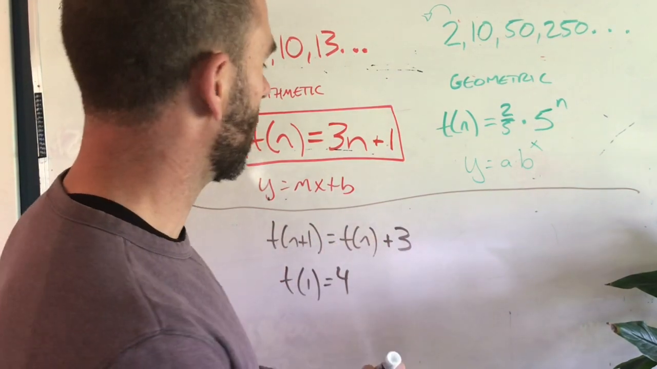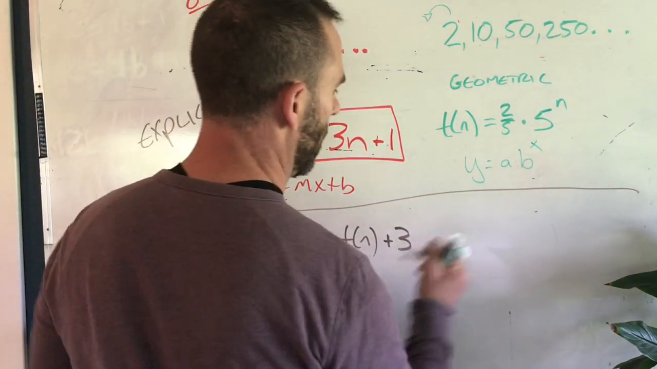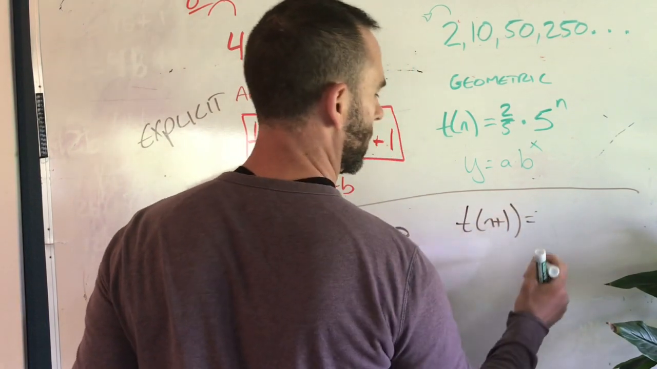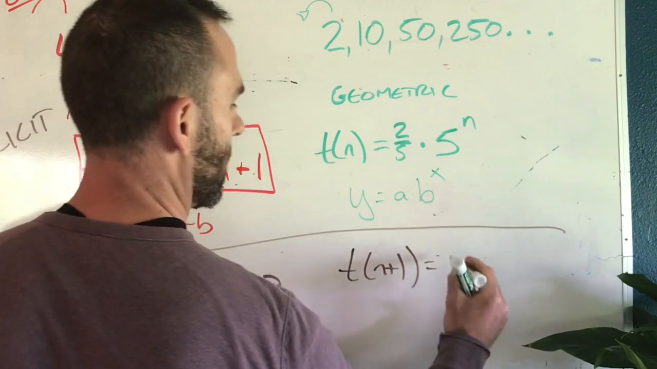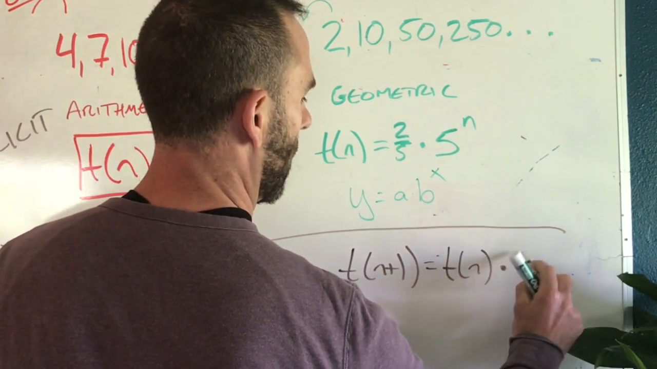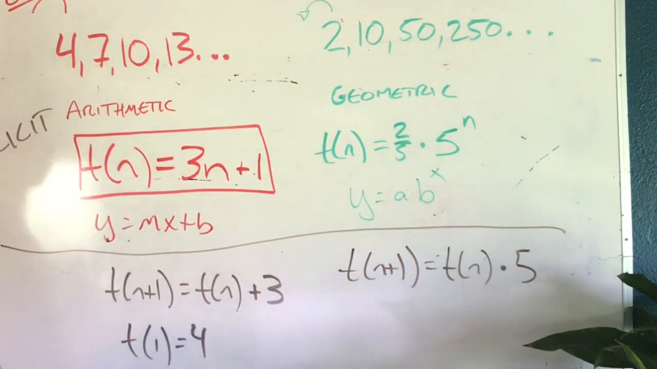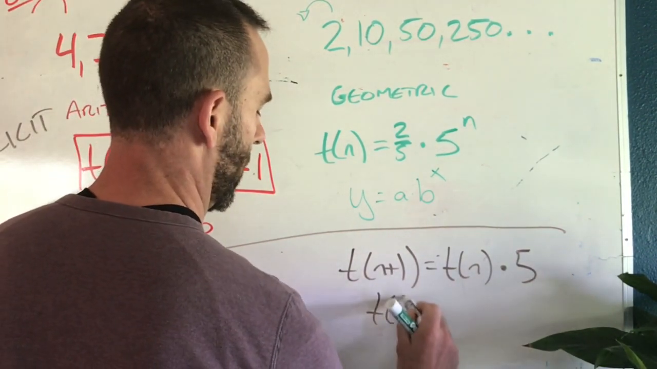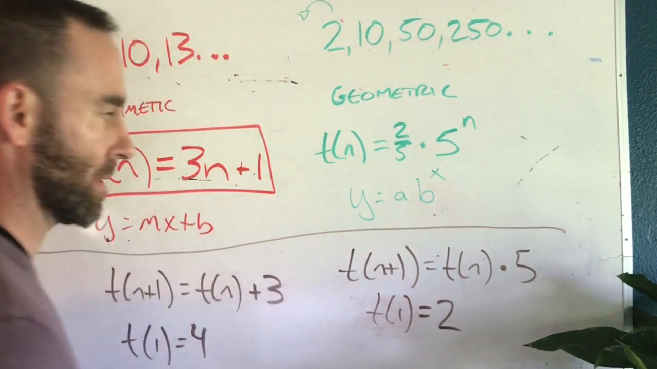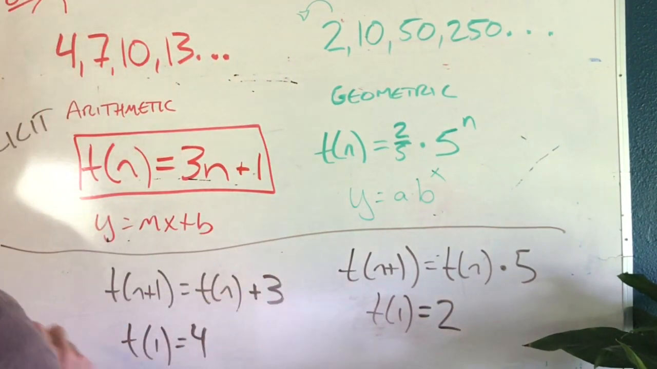All right, we're going to do the same thing here. So we're going to go t of n plus 1 equals t of n. And then I know that it is multiplying by 5. I'm going to write t of 1, and I'm just going to write what the first number in the sequence is. There we go. So these are recursive,